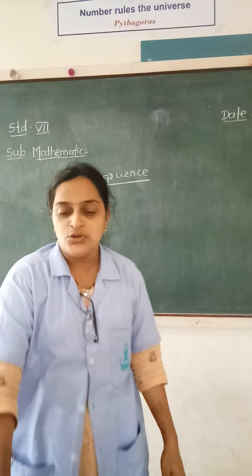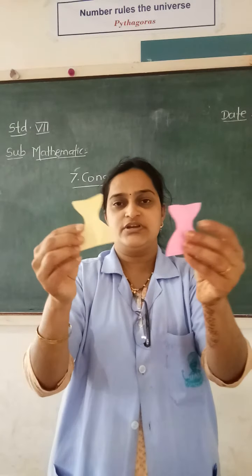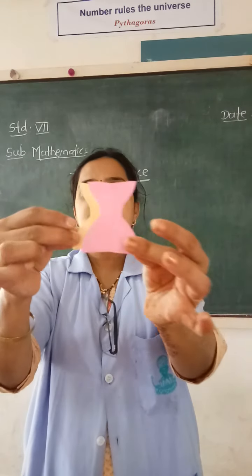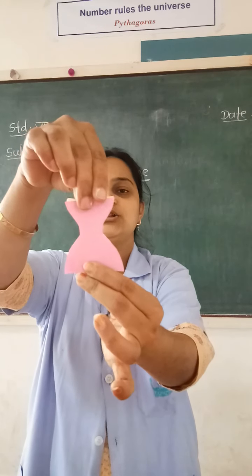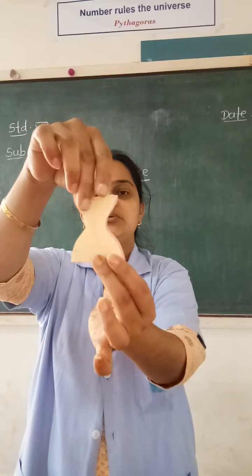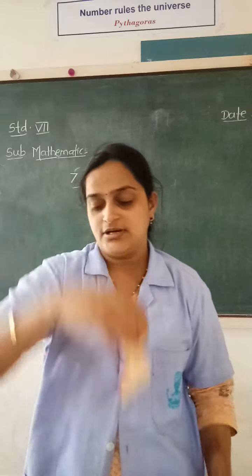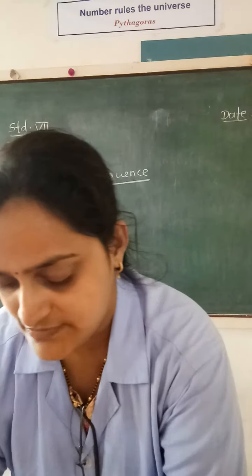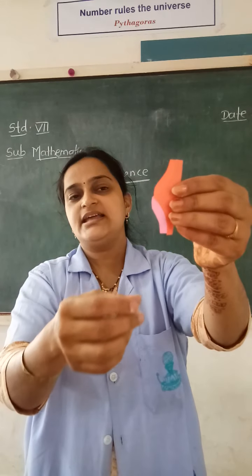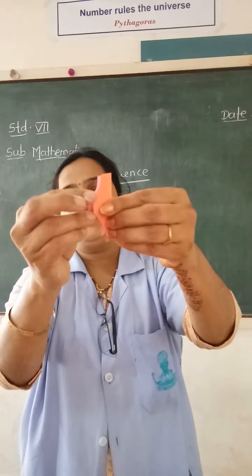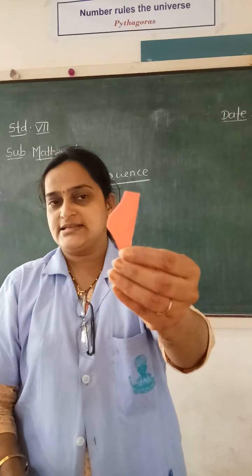Is that clear? Now to make it more clear, let us see these few things. I have these two figures with me here. Now if I place these two figures on each other, do they match exactly? Yes, you can't see the yellow figure now. If I turn it, you cannot see the pink figure now, because they exactly match each other, right? I have some other shapes with me. See here. If I place them on each other like this, they are not going to match. But if I place them in a proper way on each other, they will surely match exactly.